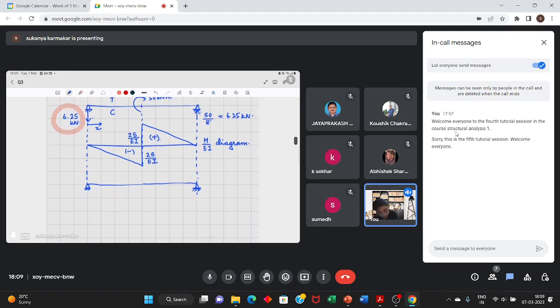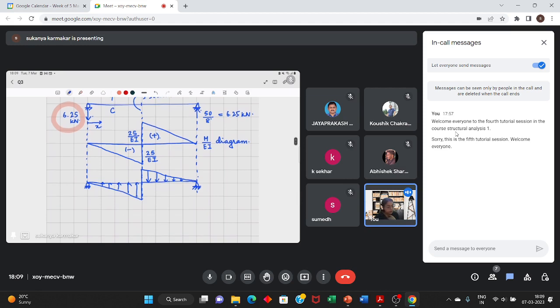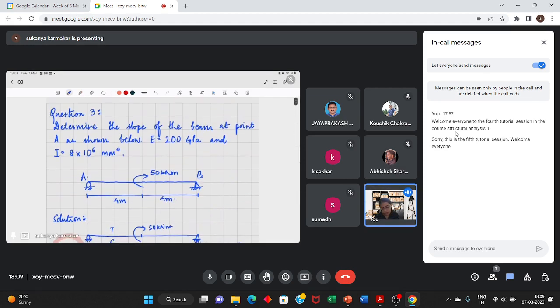And this M by EI diagram will be the load on the conjugate beam. So positive bending moment diagram is downward load, and negative bending moment is upward load. Okay, now what is required, we have to calculate the slope of the beam